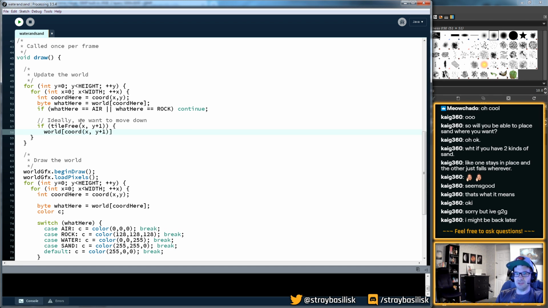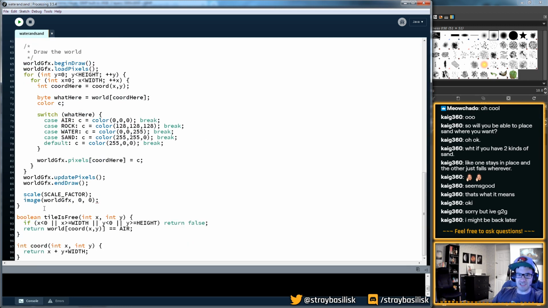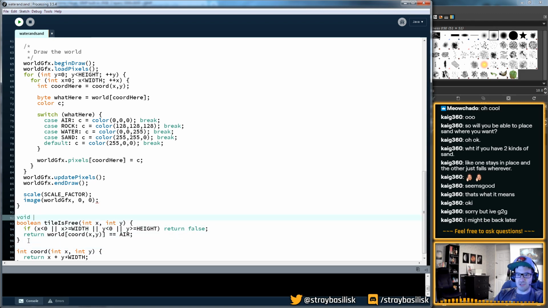So if the tile's free below us, then we want to set this to be equal to... We're basically moving ourselves, right? And what does moving ourselves mean? In fact, let's make a little function for this, because it's going to be a common thing to do. So void move from